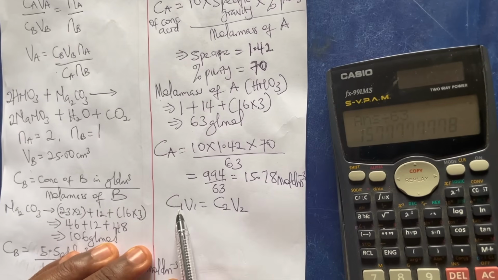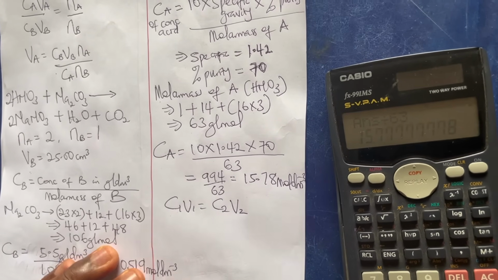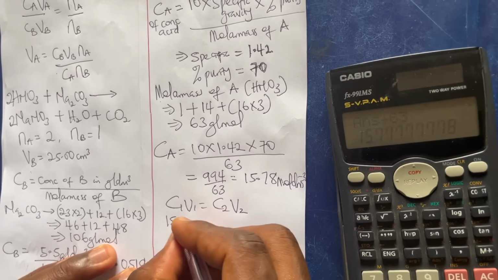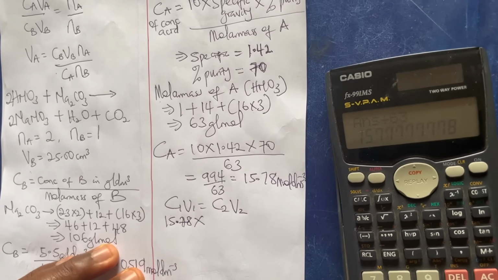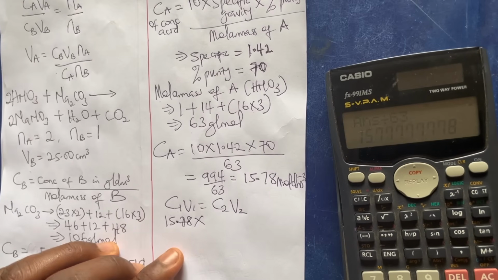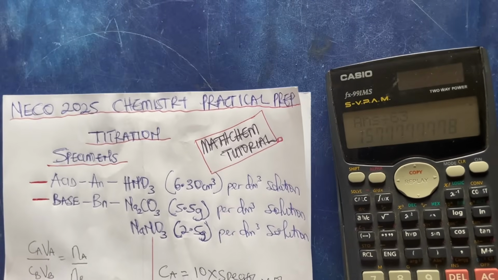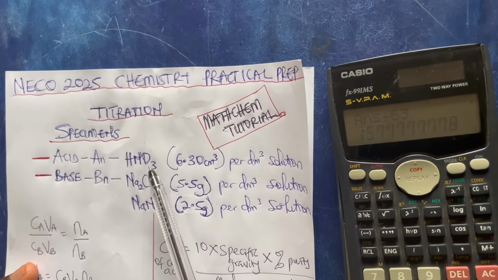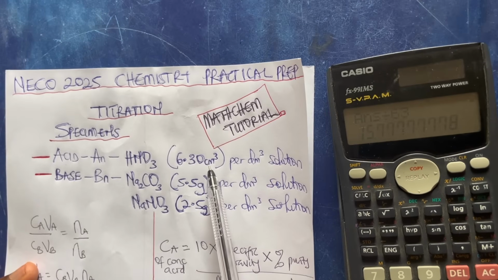When you want to dilute something in the lab, our initial concentration is 15.78, as you can see here, multiplied by our initial volume, which is given to us here. The volume of HNO3 is 6.30